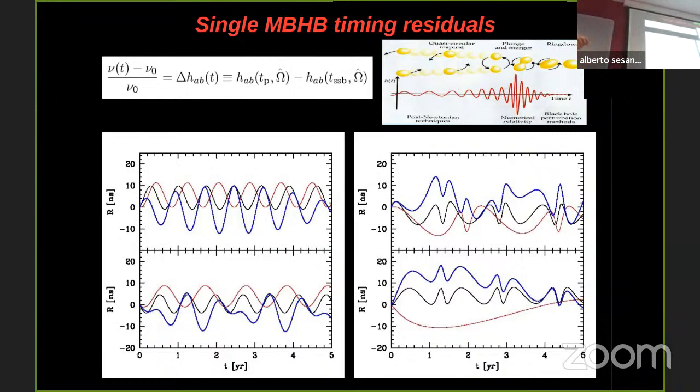So consider a binary. First of all, we are not really concerned with the merger phase, because we are seeing the binary early on in the slow adiabatic inspiral. So these binaries, if they are circular, are monochromatic. If they're eccentric, they're not, but their orbit does not evolve significantly over your observation time. So here I just played around with some systems, and this is 5 years of observation, and this is a typical residual of what could be a circular binary and what could be an eccentric binary. This is the kind of residual that a binary would produce in your pulsar timing array,